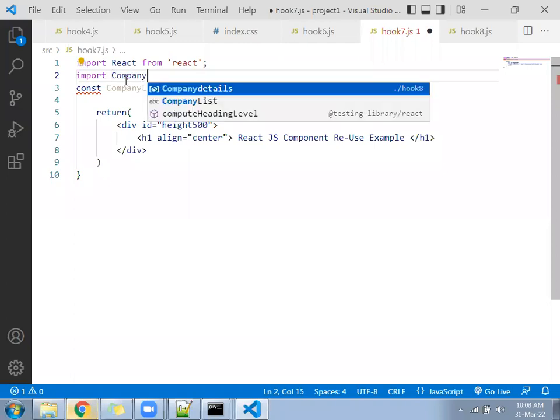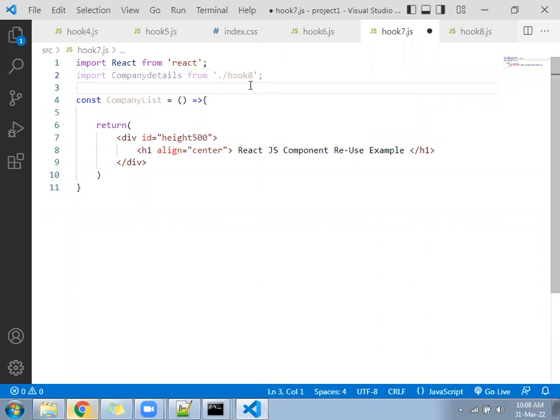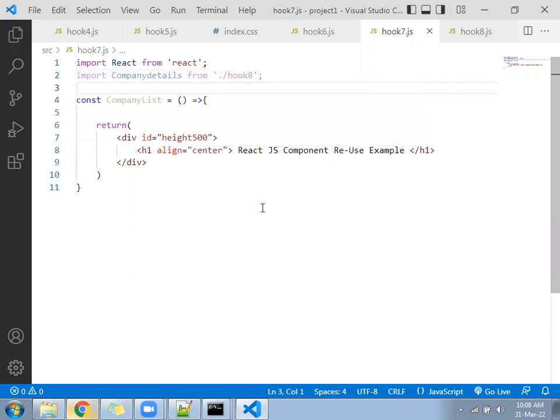Company details from hook 8.js file. Imported company details from hook 8.js file.